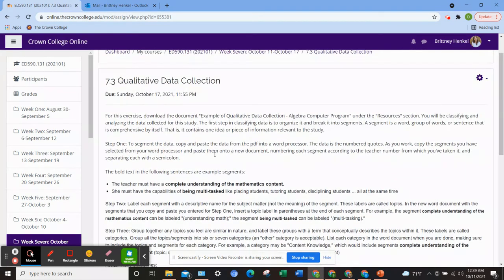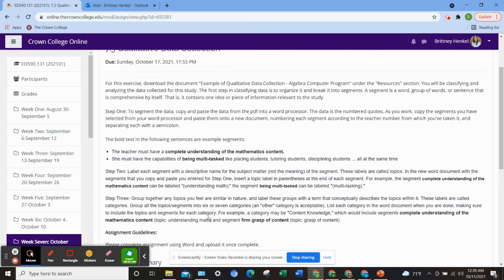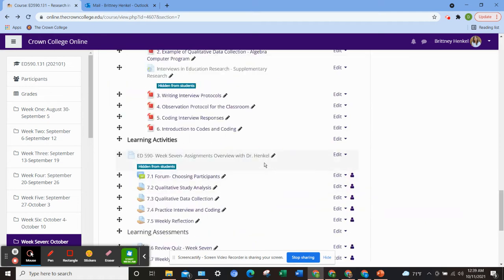You'll see it's just a good way for researchers to get their data and to make some sense out of it. So you're just going to segment it, and then you're going to give it a topic, and then you're going to place it into a category. So there's 3 phases here, and they're clearly there for you. And there's also another example